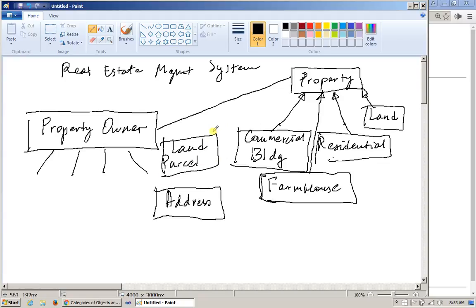So the property could be associated with both of these, right? A parcel of land and the actual address. So sometimes you don't have the mailing address, or you may have already a name of the street in mind, but there is no physical address that the mail can be delivered to. So anyway, these aspects sort of are here. So if this is my land and this is my address, those two, and this is my